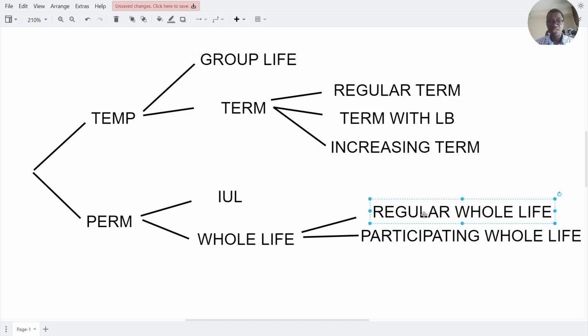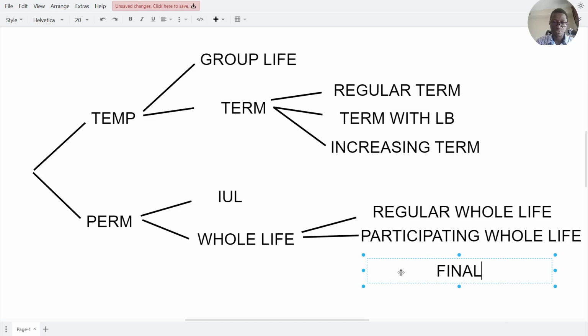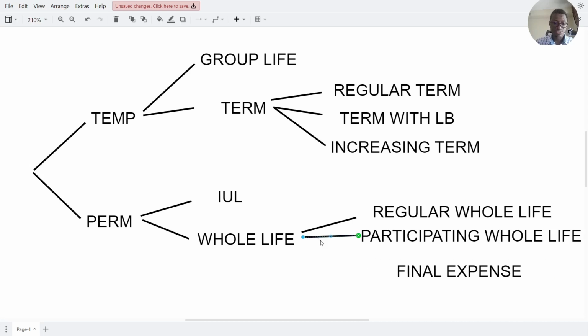The last type of whole life that I want to talk about here is what we call final expense. The goal here is not necessarily to have a consistent death benefit that will allow you to transfer wealth to the next generation. These type of policies are designed more for taking care of the final bills. If, for instance, you get to a certain age where you cannot be covered anymore, the death benefit will usually be between 20 to 50,000, or maybe 60,000, or a little bit more. But they are really designed for taking care of the final bills and for concierge planning.